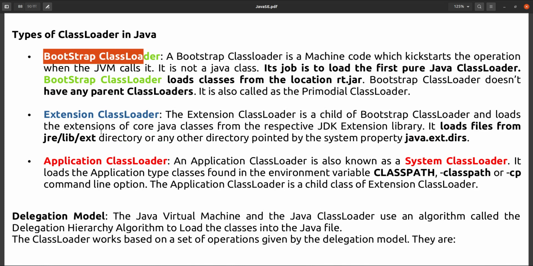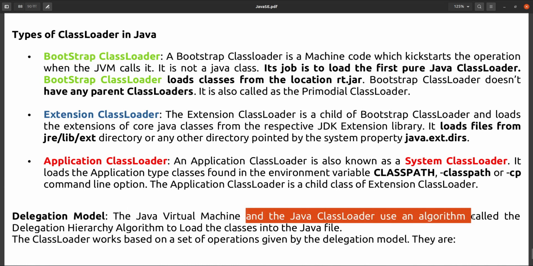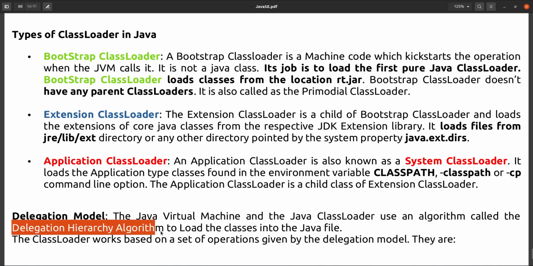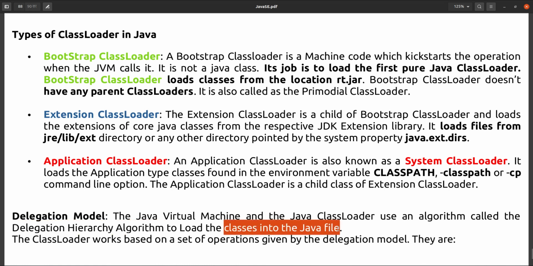So what is the delegation model? The delegation model is a model followed by your JVM to load the classes. How exactly classes will be loaded, where it will search for the classes, all that information we will see here. The Java virtual machine and the Java class loader use an algorithm called the delegation hierarchy algorithm to load the classes into Java.